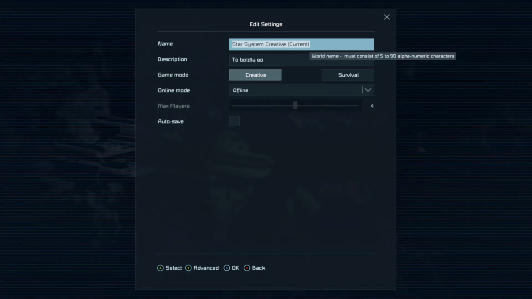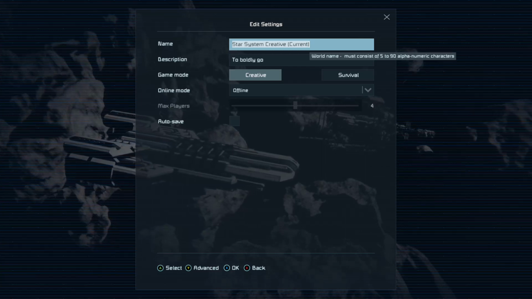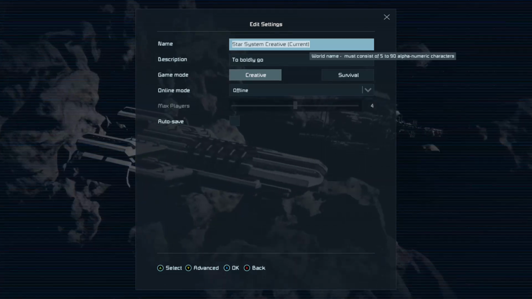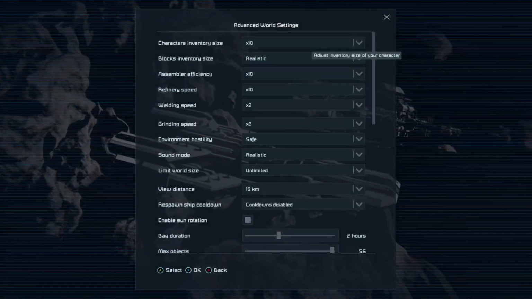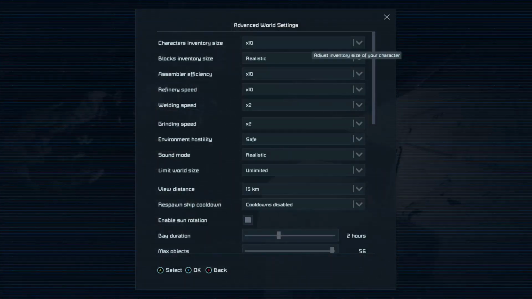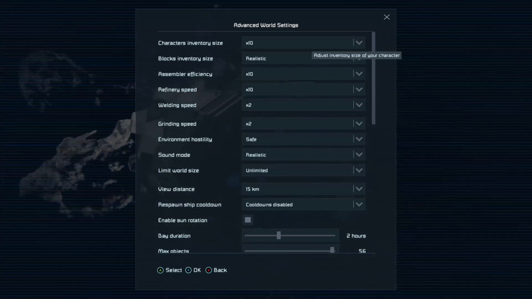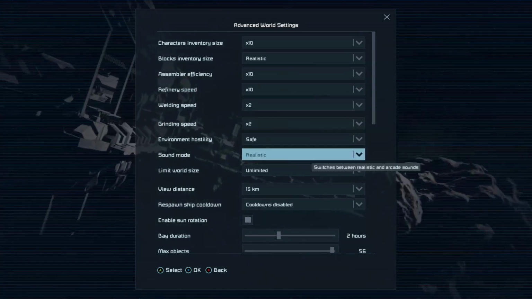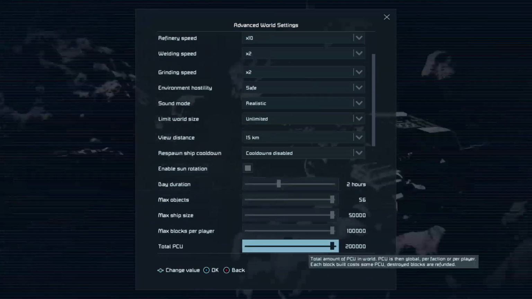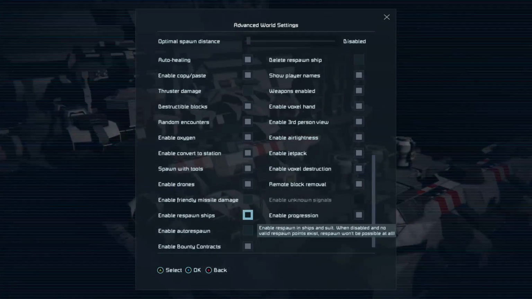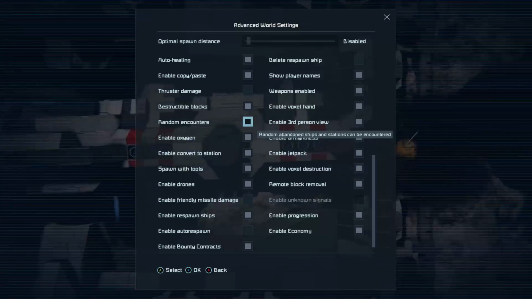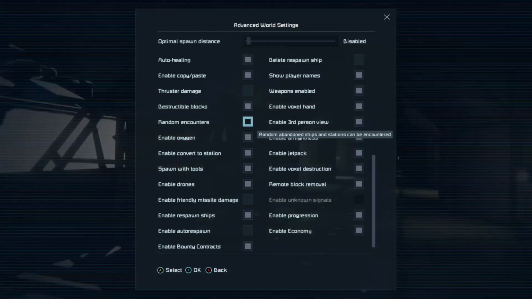Here you can change whether or not it's online or offline, creative to survival, auto saves, but also you can go again into the advanced menu. And as the previous video shows, the advanced menu has all the things you can alter in the game, as I described before.